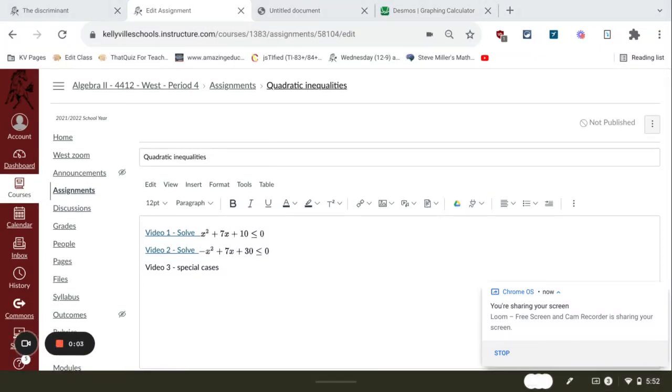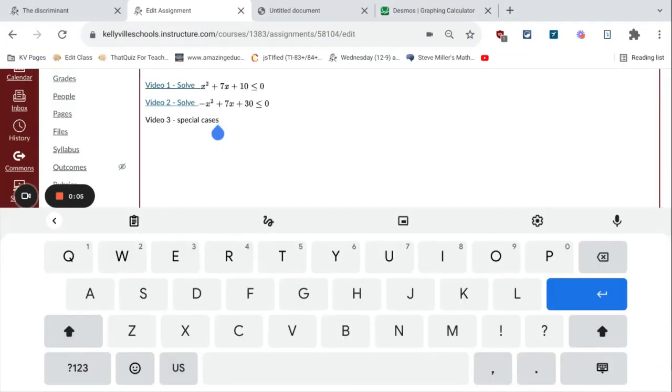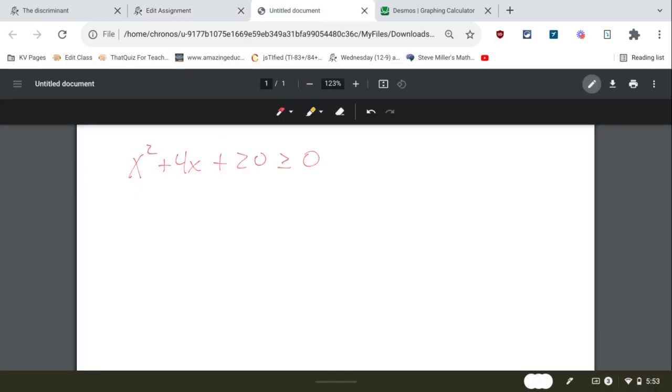All right, so I wanted to look at a special case for these quadratic inequalities. The thing that makes this one special is that it doesn't actually touch the x-axis, right? So if you were to try to solve this one, you'd have to use the quadratic formula because it doesn't factor. You'd be doing something like, -4 plus or minus